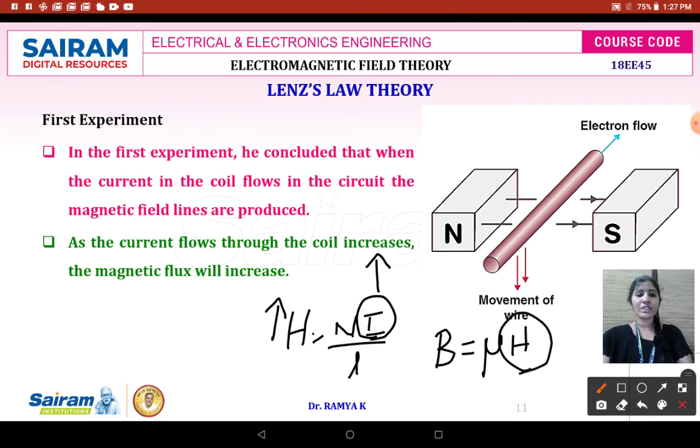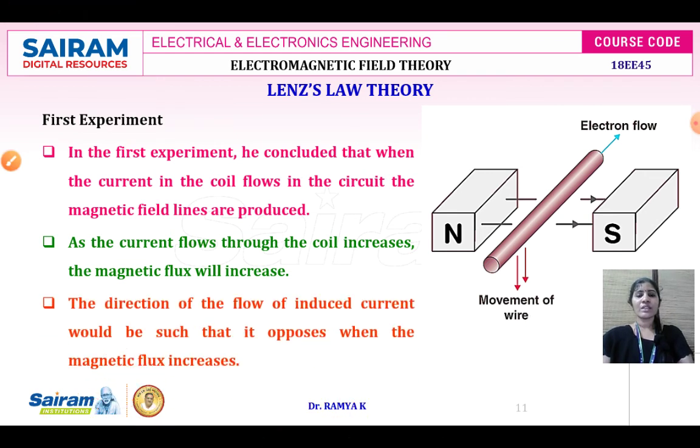When the magnetic field intensity is increased, the magnetic flux density will also increase, and hence the relationship between phi and B is phi divided by area. When your magnetic flux density is increased, obviously the magnetic flux induced in the coil will also increase. Next, what will be the direction? Magnitude wise, okay. But when you are going to have any analysis, it is related only with respect to your vector quantity.